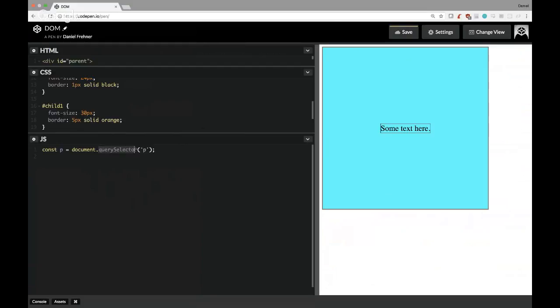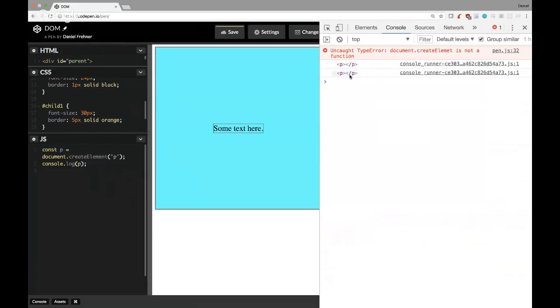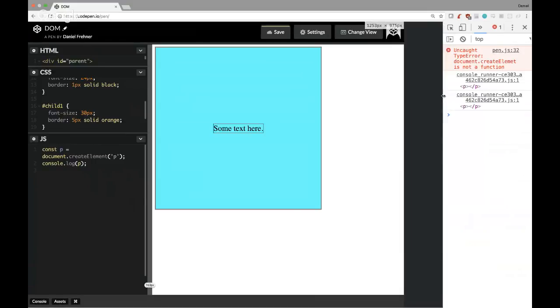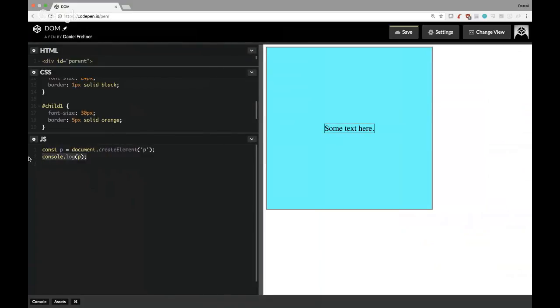So let's go create element. So now we have a new paragraph element. We can console log that. We can see that it's plain old basic paragraph element. It's nowhere on the screen. We don't see anything highlighted on the screen. So now that we have this new element selected, we can do stuff like